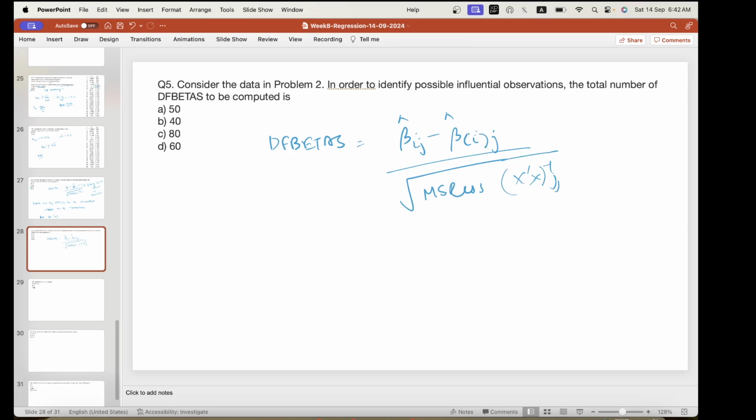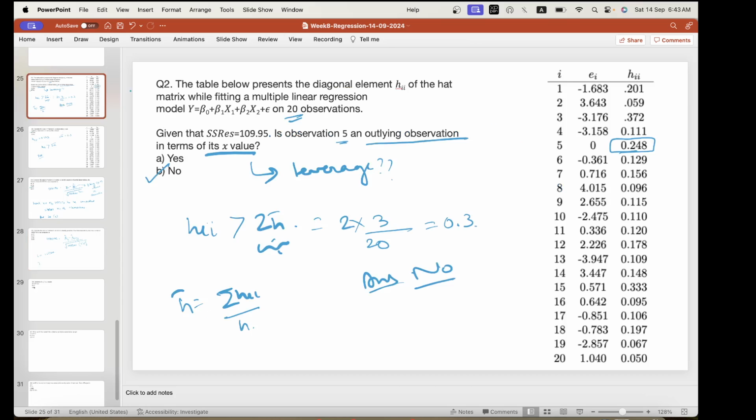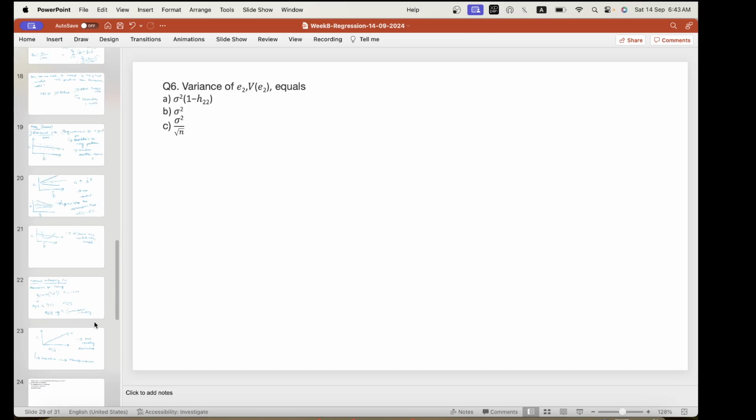So here we see that this is the beta value for the jth parameter, removing the ith observation. Okay, so i is actually 1 to 20, and j, from this equation we can see how many parameters are there, 1, 2, 3. Okay, so j ranges from